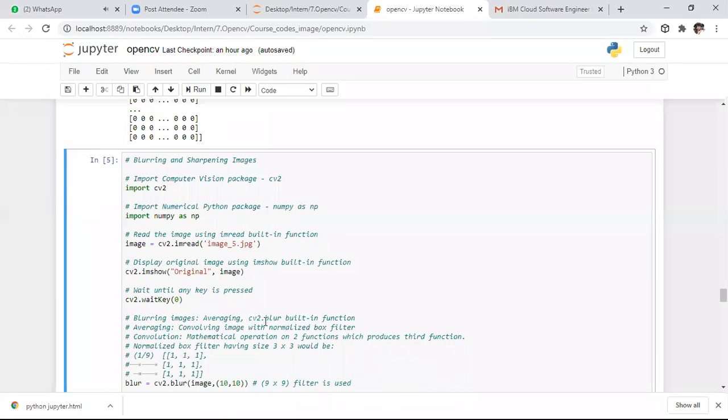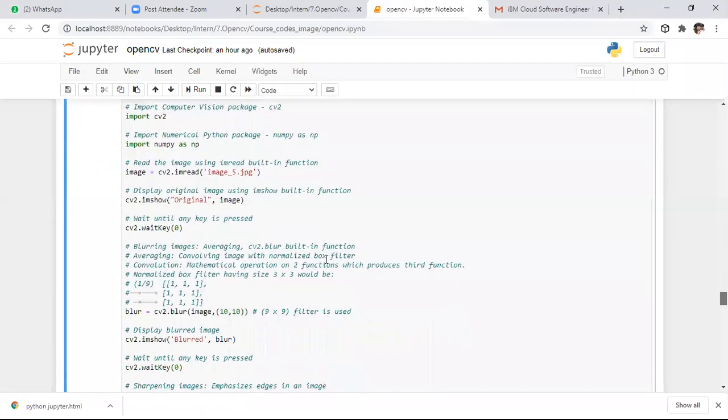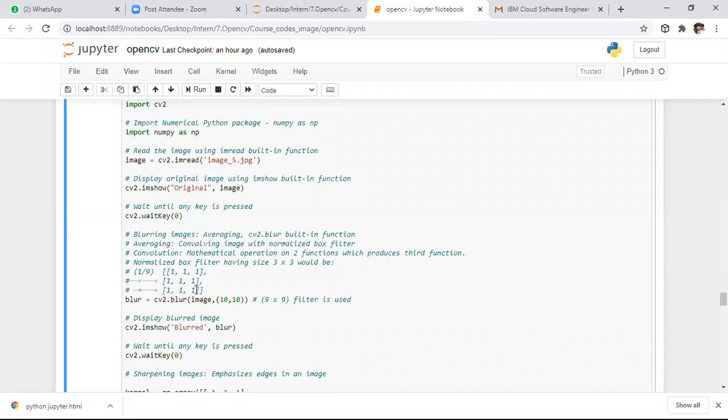To blur, we have the blur function. Whenever you specify the blur function, one matrix will be there for that specific filter. If you want to perform averaging, to normalize all the pixels, we have the averaging filter. After that, we perform the convolution operation with this filter. So here it is the filter which I want to define. It is a blur filter matrix, a kernel matrix for blurring a specific image. A kernel means a filter, a filter matrix to perform this blur operation.